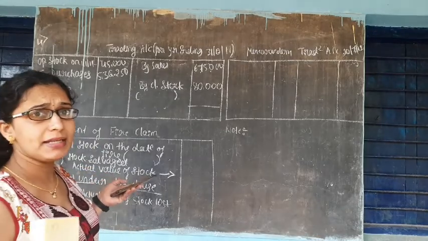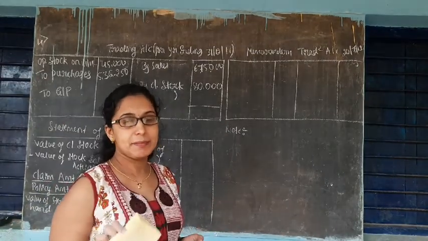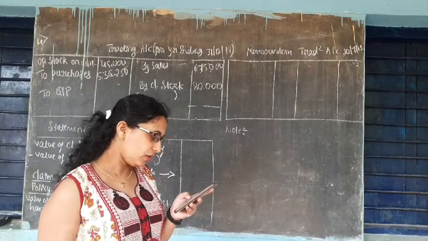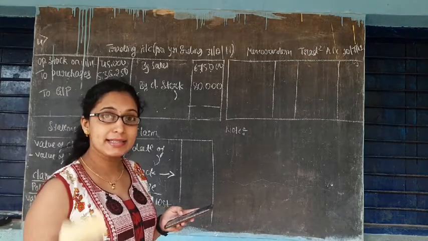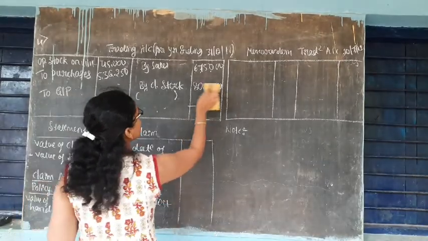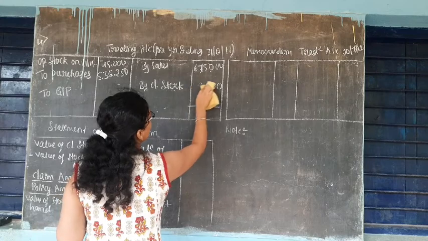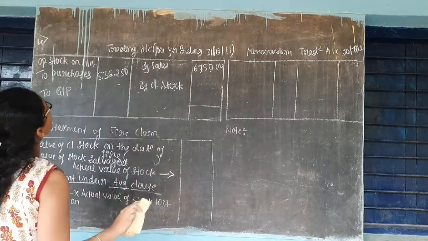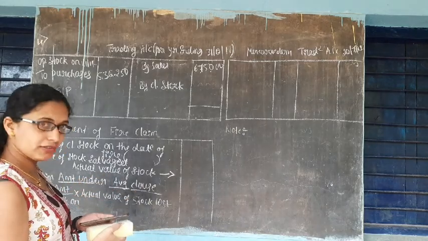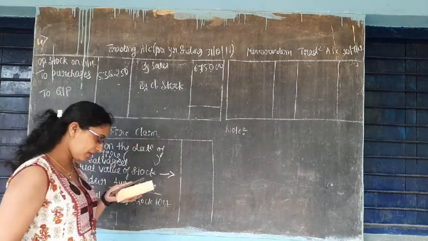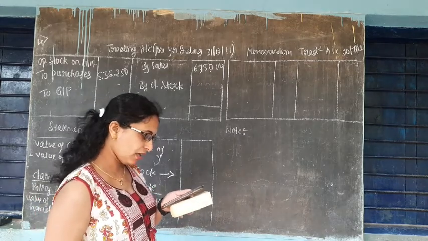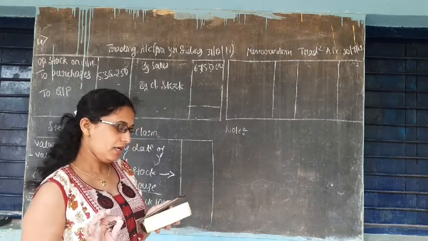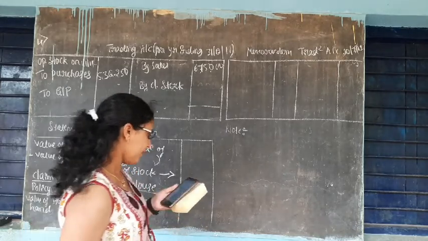And the thing here is that in their company there is a practice of mentioning the opening stock at cost less 10%. So remember, opening stock is cost less 10%, meaning it's not 45,000, you should calculate it, and closing stock is also not 88,000, you have to calculate it. So here you have to show a note for this.